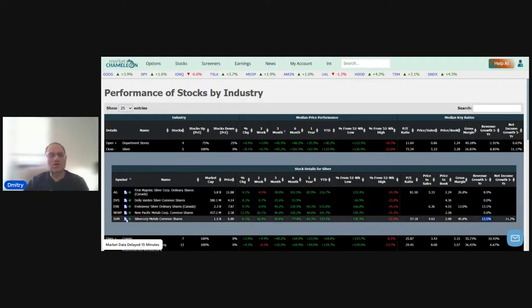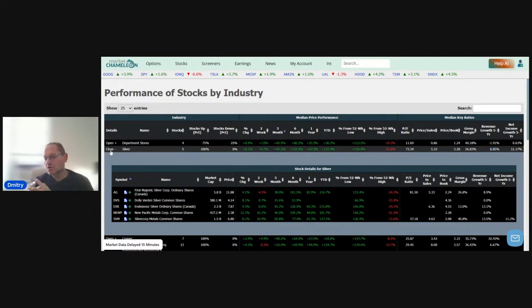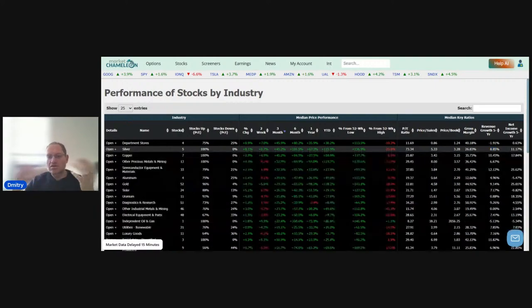So SVM had the highest, some have 0, and we compare that to the median. So this report here just shows a quick way to get those insights into the industry performance and